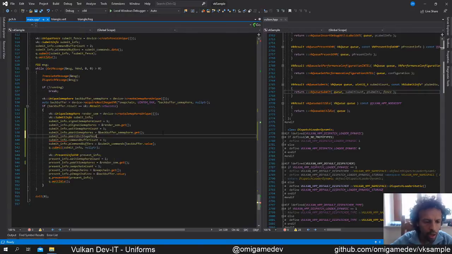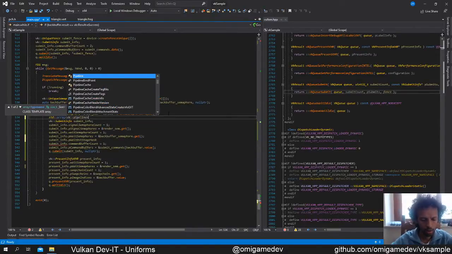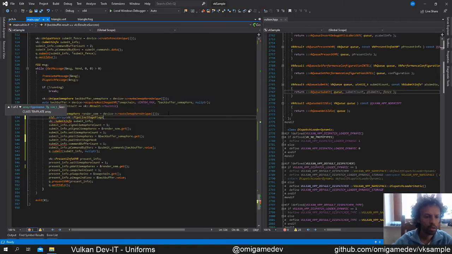Pipeline stage flags array, VK pipeline stage flags of 1, and that is wait stages,